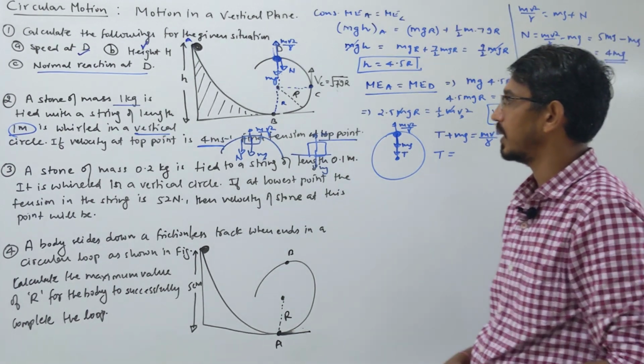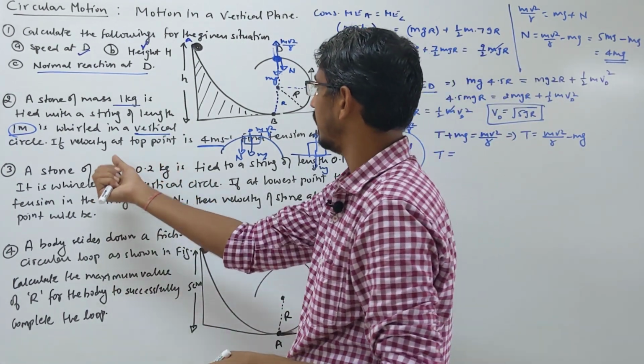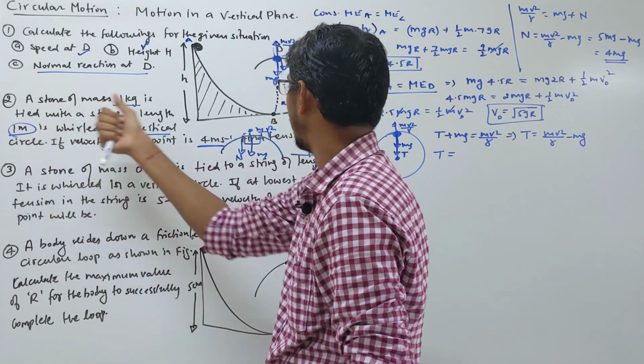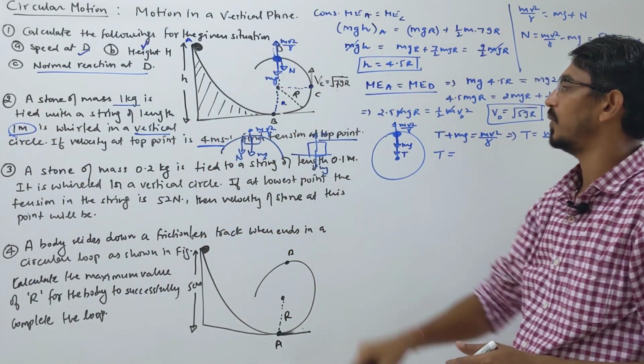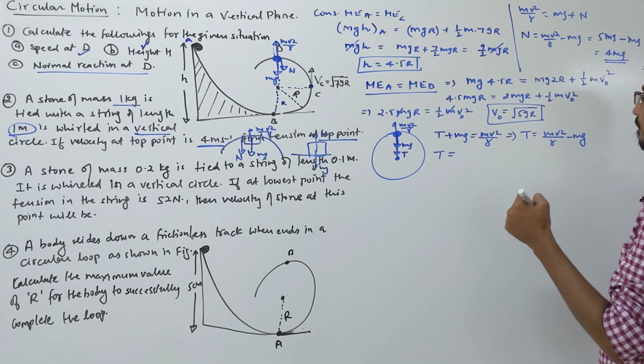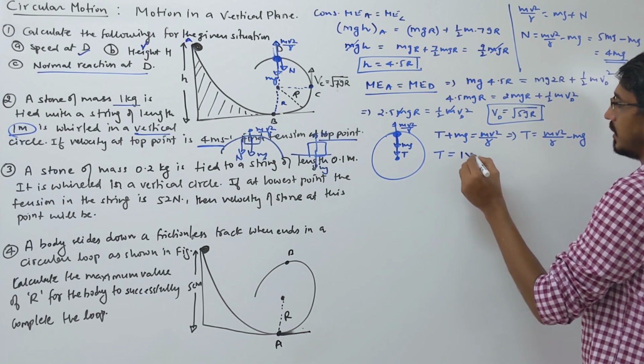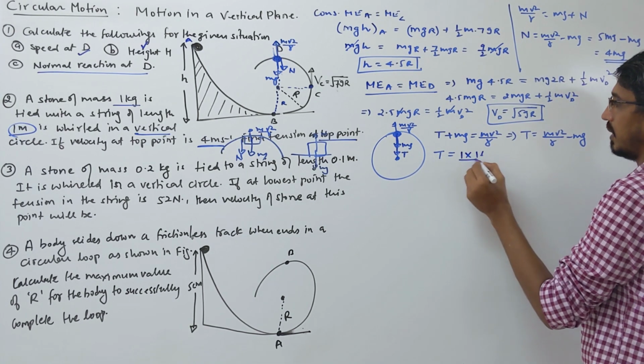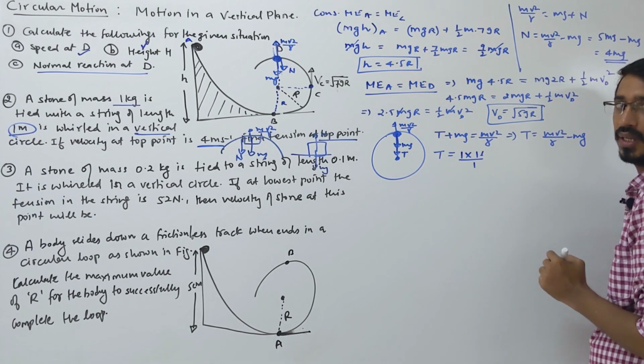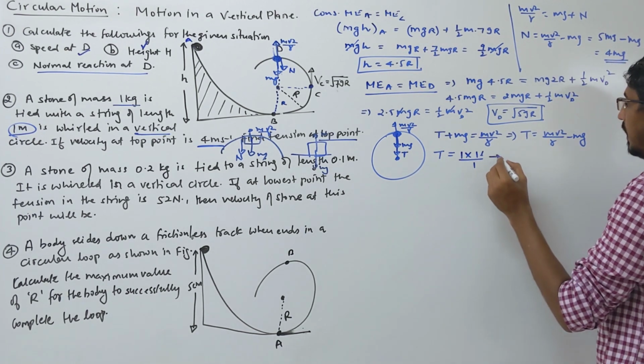Mass is given as 1 kg, length is given as 1 meter, and velocity at the top point is given as 4 meter per second. Let's put all the values. Mass is 1 kg, velocity is 4, which becomes 16, by radius, given 1. The length of the string is simply the radius. Mass again is given as